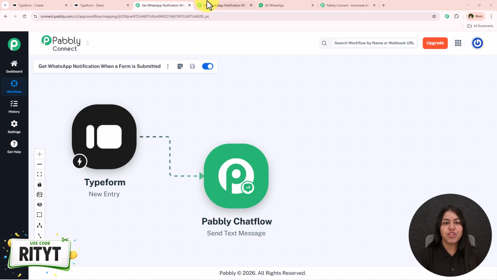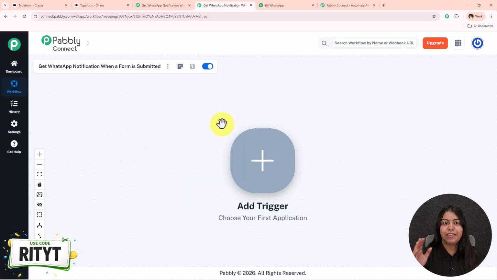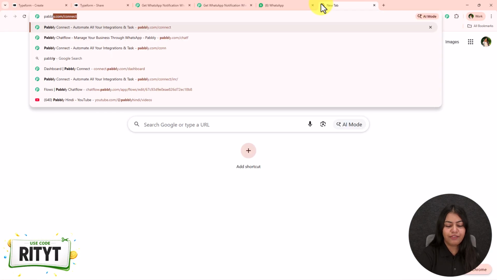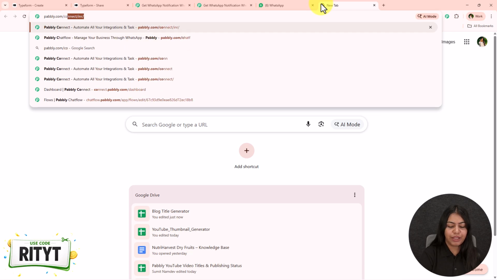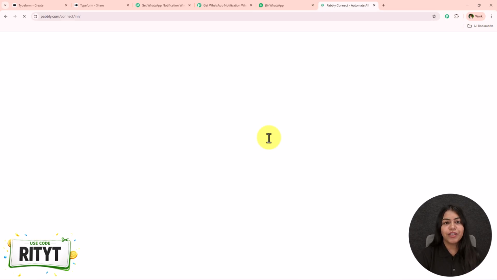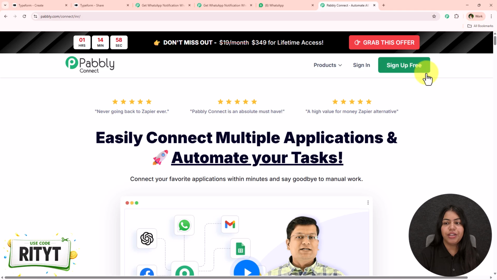So to create this, you just have to open your workflow builder inside Pabbly Connect if you are an existing user like me. But if you are a new user, open a new tab and search for pabbly.com/connect in your browser and open the landing page of Pabbly Connect. Once you're on the landing page, in the top right corner, you are going to see the option of sign up for free. So click on this sign up for free and you are going to get 100 tasks free every month